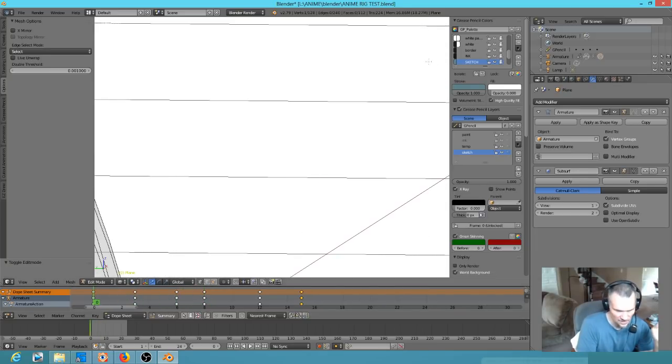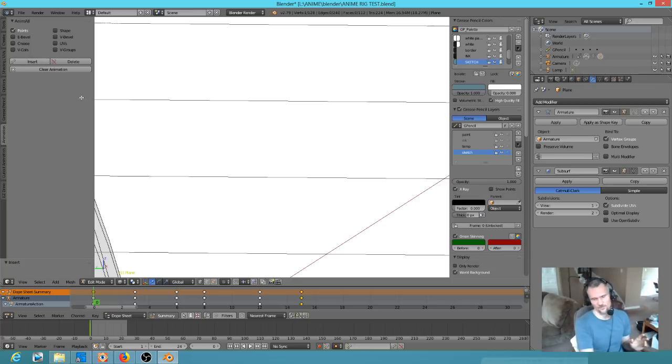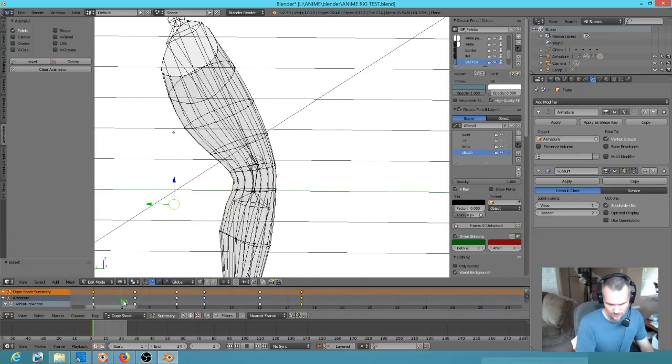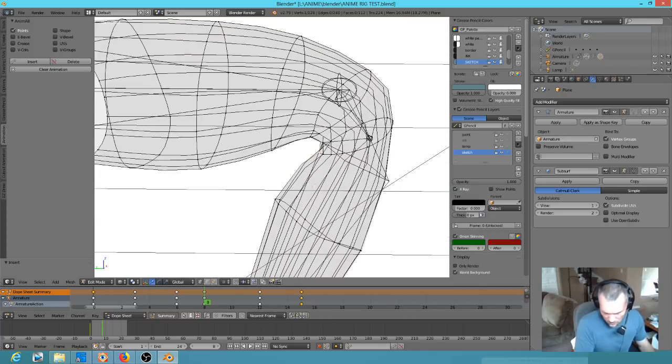What I'm going to do is I'm going to go to the animation tab, which has Animall installed in my version of Blender, and I'm going to click points, and I'm going to click insert. So I just inserted a keyframe so that all the points of this leg are keyed. So Blender knows from an animation standpoint where all the points in this mesh are. That means when I go here, I can go right in here, grab these,